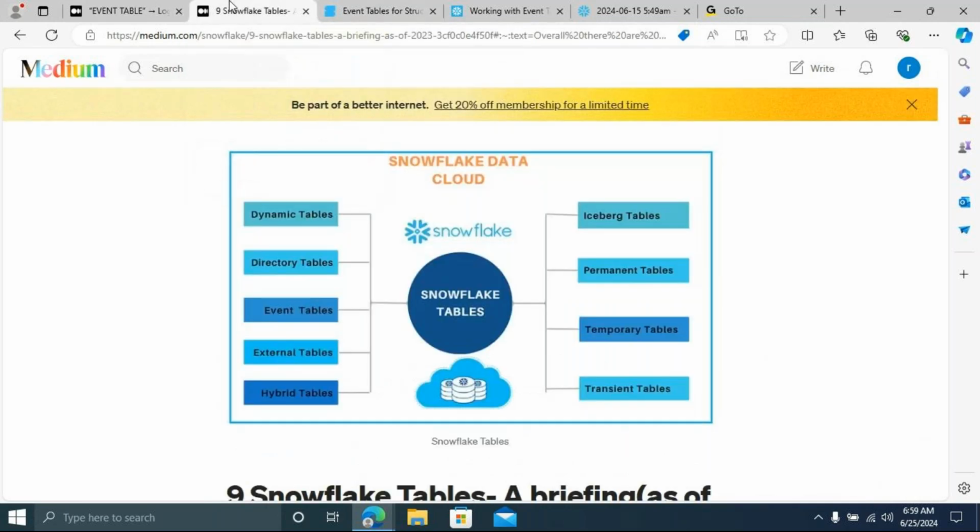Before that, have a look, guys. You have to focus on this many tables when going for an interview. In that, Hoodie tables is not there. It's a Hadoop one; you have to focus on Hoodie as well. These are the tables we have. We have seen dynamic tables, external tables, temporary tables, transient tables, and permanent tables. Still a few more things: Iceberg and hybrid are missing. I'll cover them in later sessions.